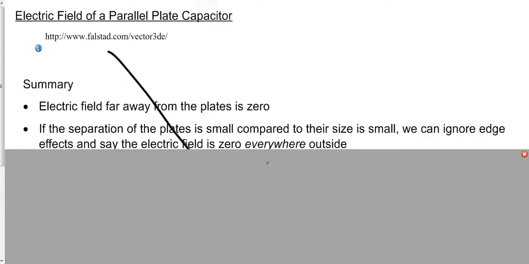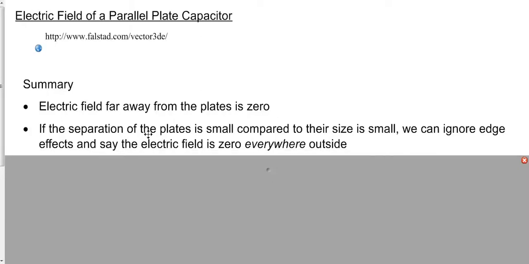All right, so let's go back and summarize what we just saw here. First of all, let's get rid of this weird black line. Anyways, what we can say is that far away from the plates, the electric field is zero. As long as you're far away from these plates, there is no electric field. And if the separation of the plates is small compared to the size of the plates, and we can often say that, we're going to make that assumption a lot of the time, we can ignore any sort of